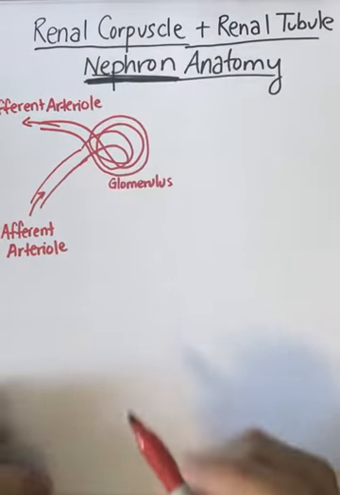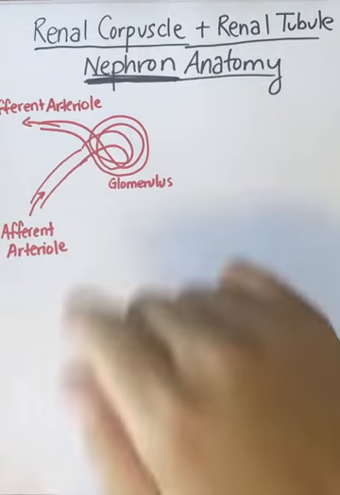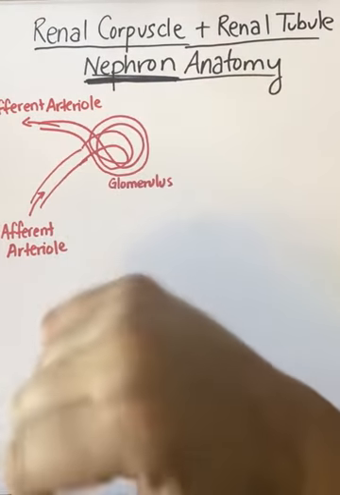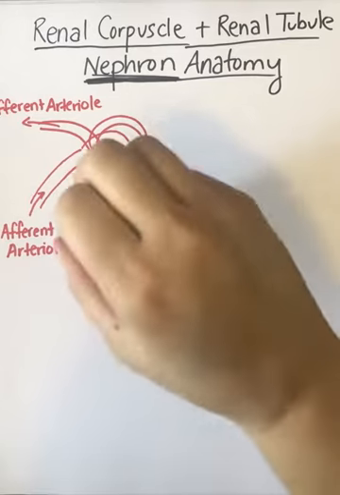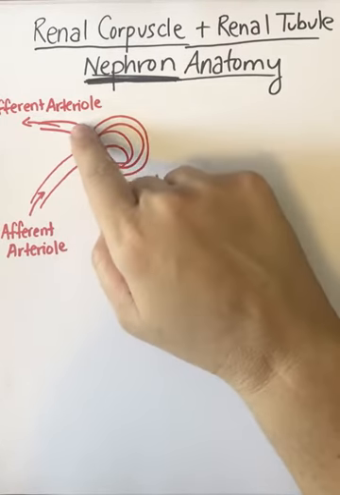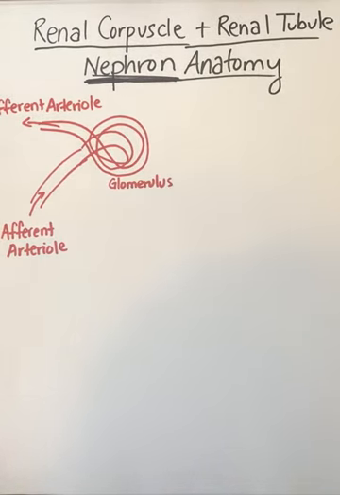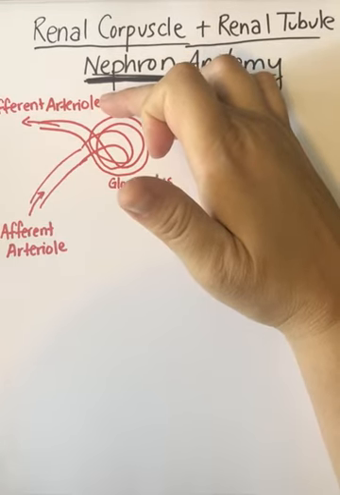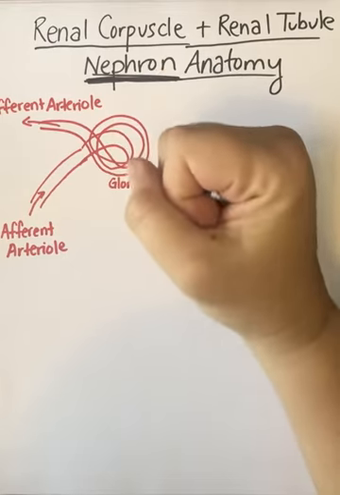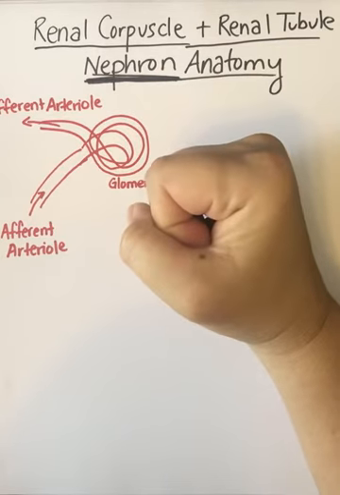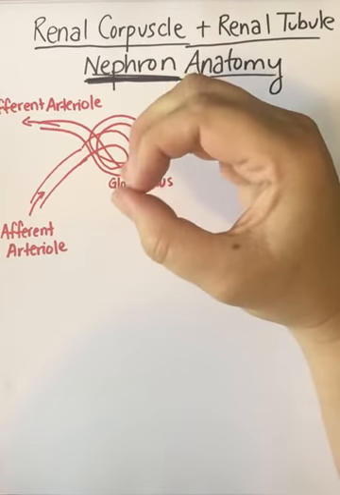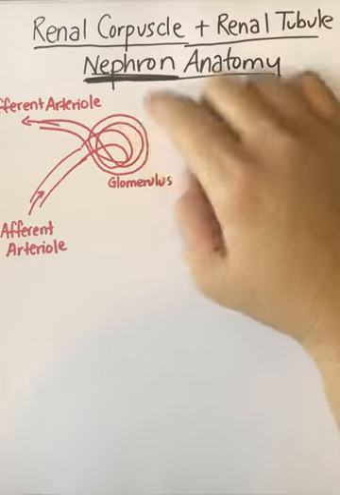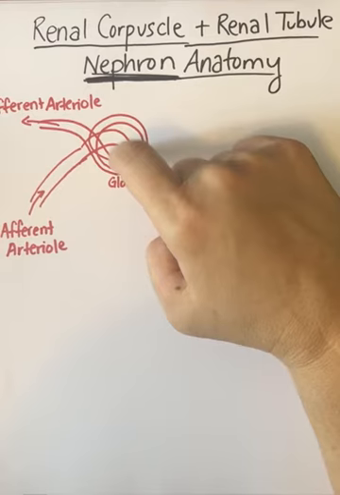Now, to review on arterioles just a little bit, arterioles are tiny arteries. Arteries are basically going to have smooth muscle inside of them, which is going to be an important component of what we talk about today. So when we talk about efferent arteriole and afferent arteriole, these can vasoconstrict, which means get small, and they can vasodilate and get big, which is basically going to control the amount of filtrate that we produce at the renal